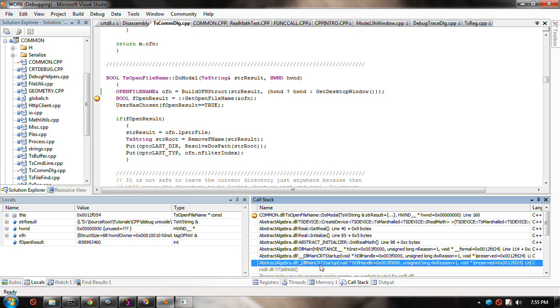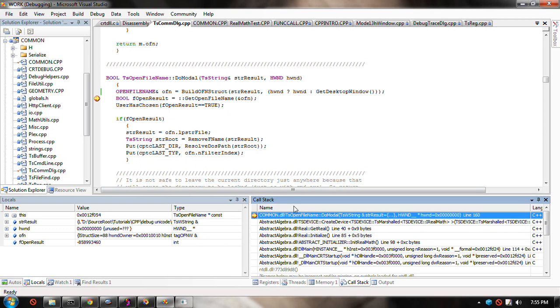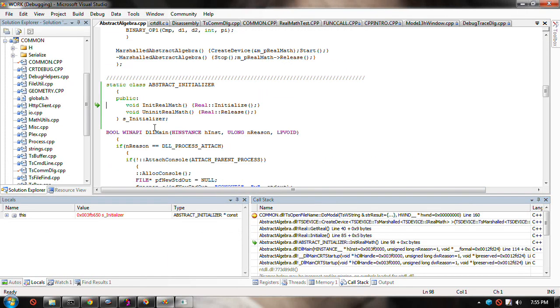NT DLL main. Oh, I see. Oh, this is not where I want this to happen, really. This is from another DLL. This particular DLL is the DLL